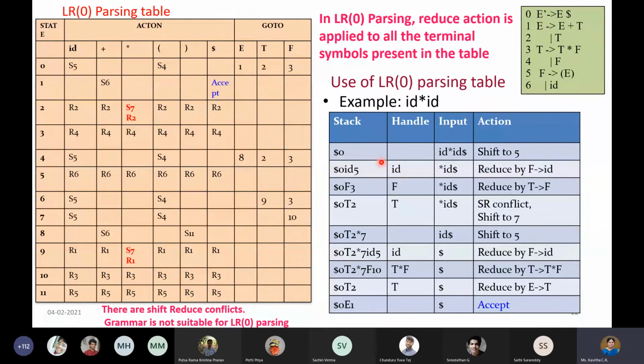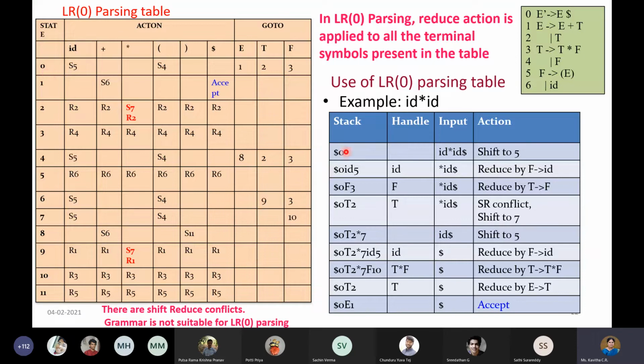Okay, how do we start then? In the stack, we are going to have the dollar symbol followed by the start state of your diagram. This is your start state, right? So 0. 0 is the number. You can just use the index, that is better, because you don't have to write I0, I1, all that.